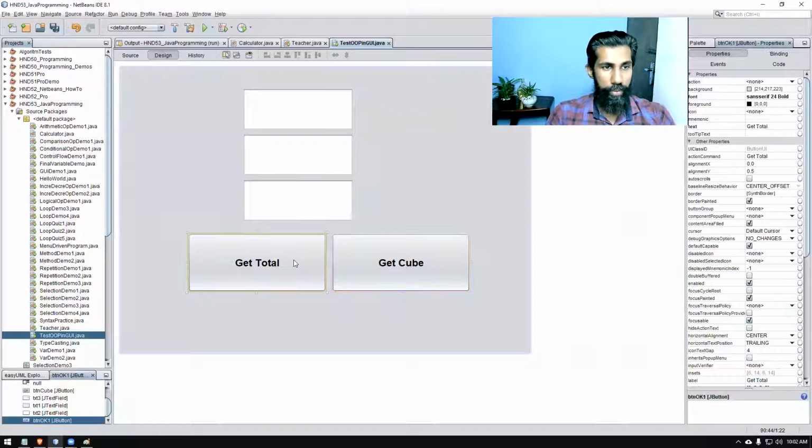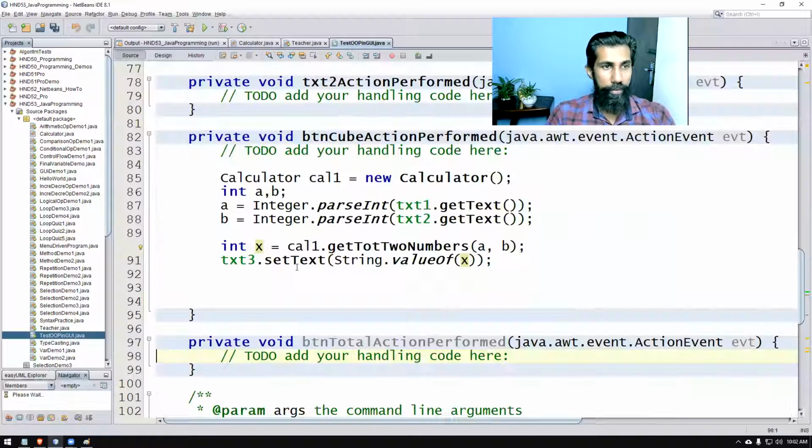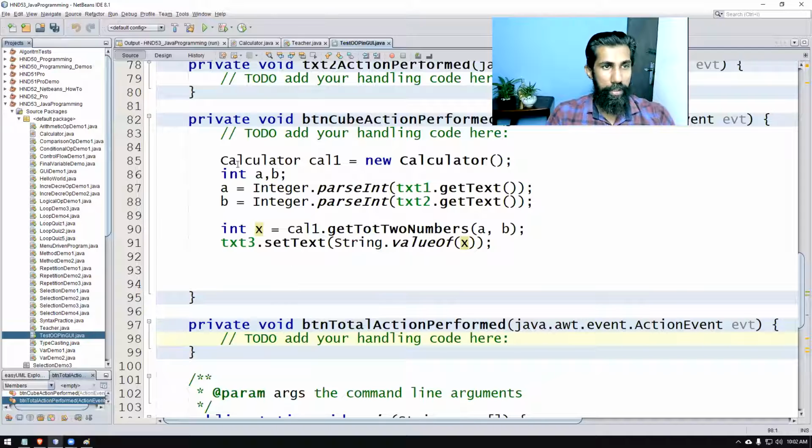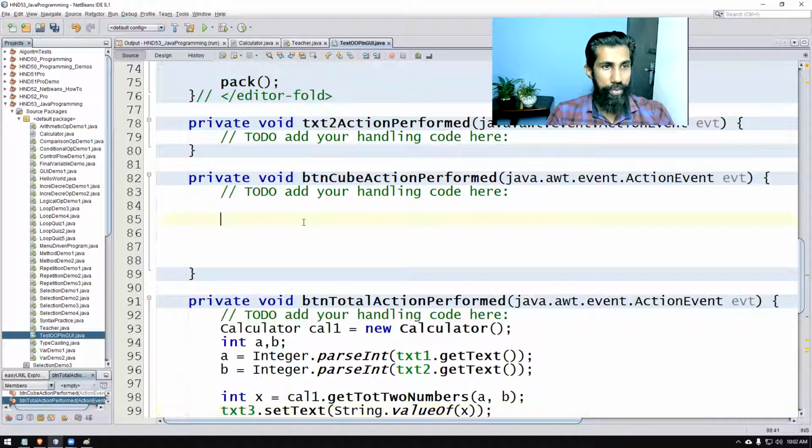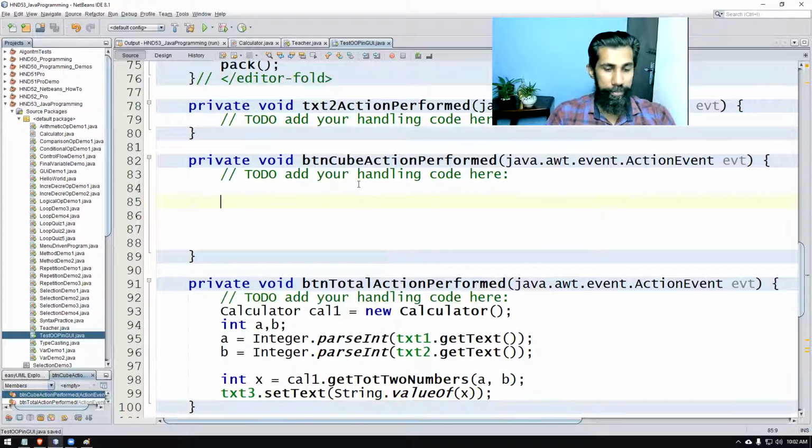Let's say btn cube, btn total, right? If you open that, right? Because I copied and pasted, that's why cube I'm going to find.